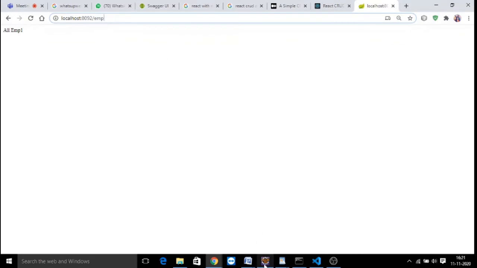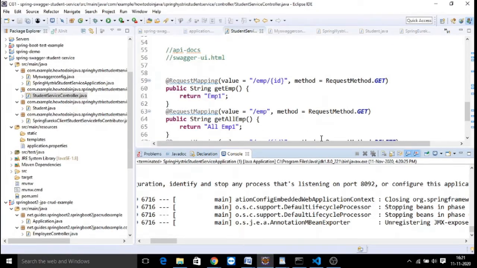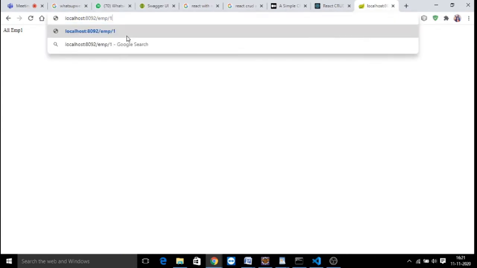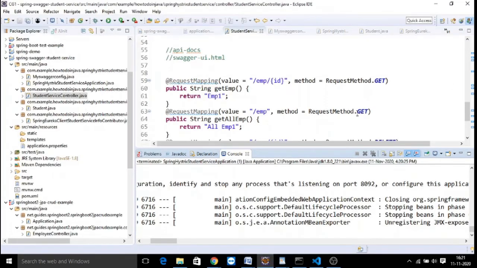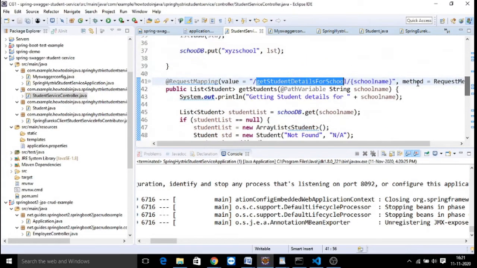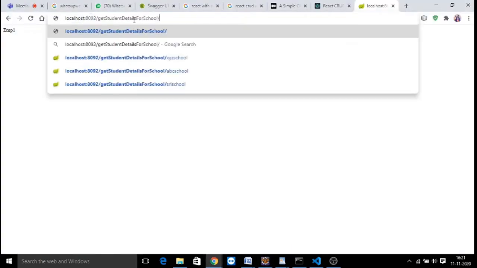Now, what is the other URL you want to check? Let's say EMP of 1. Any ID you pass, here again it is saying only EMP1. It is not going to test with any number; there is no such logic. Simply it will say EMP1. That is how we are able to check this. In a similar fashion, let us also check with this URL. As it is also there in the same application, let us check with this URL.